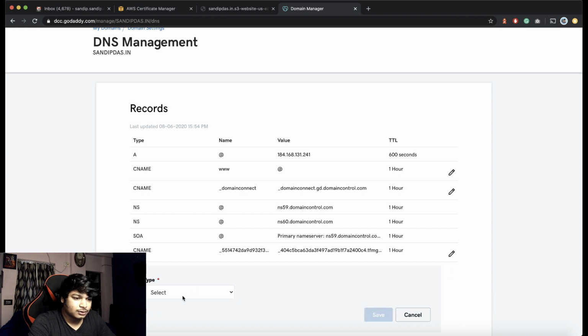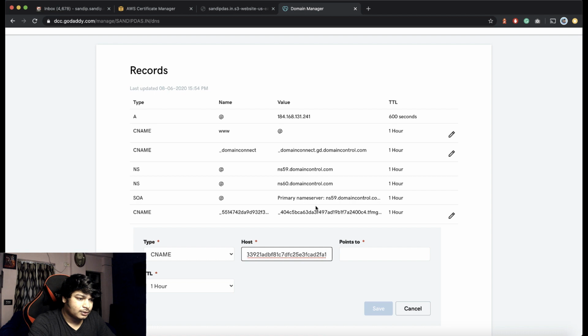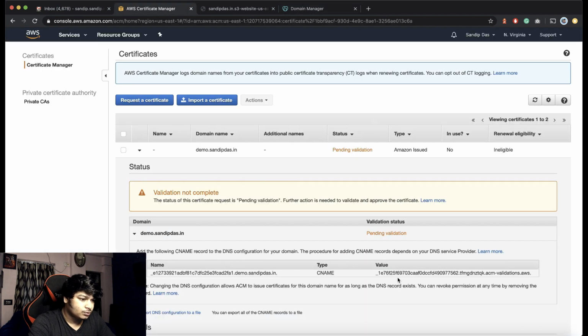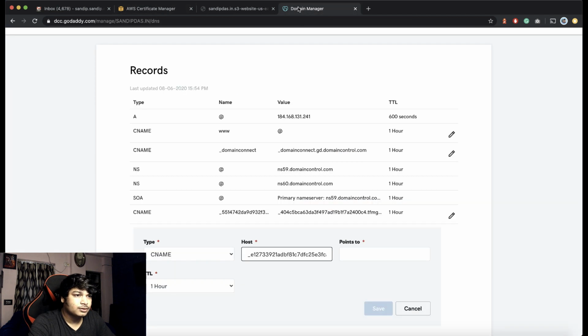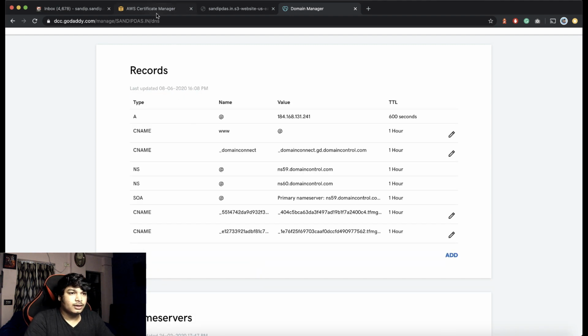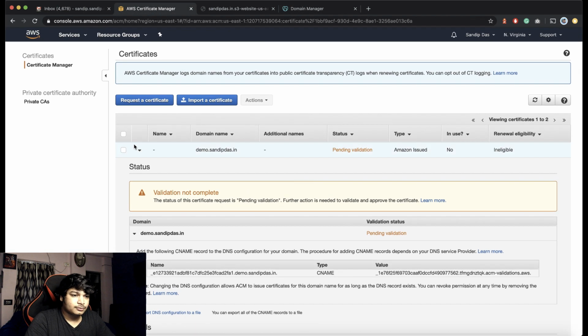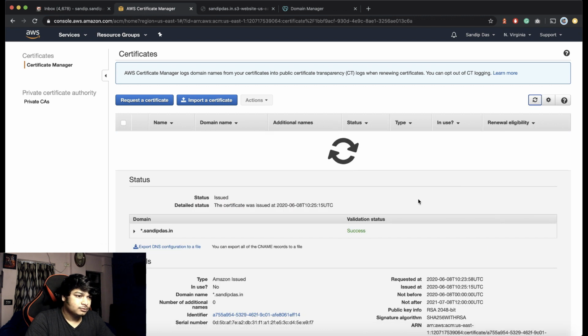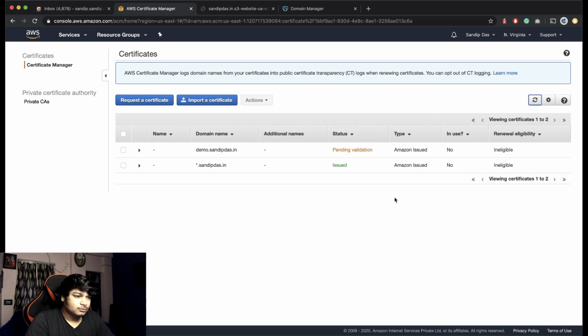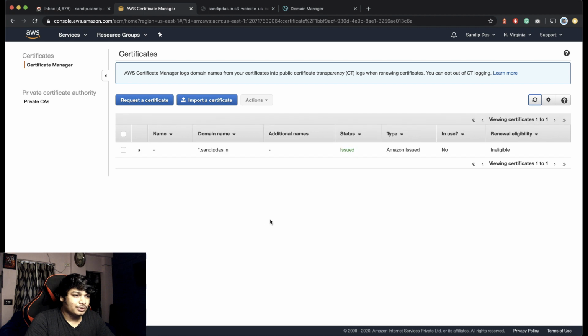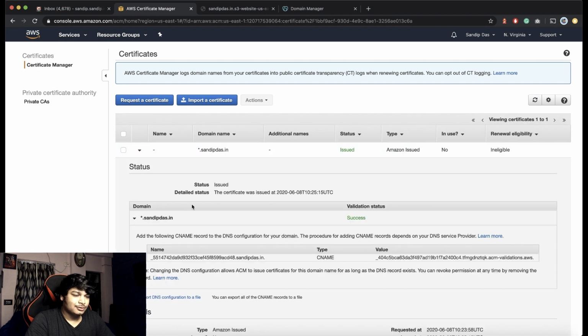In the domain record manager, add here, set a record, CNAME, add it here, points to the Amazon domain, save it, and it should get verified quickly. Well, it takes some time, so don't worry.